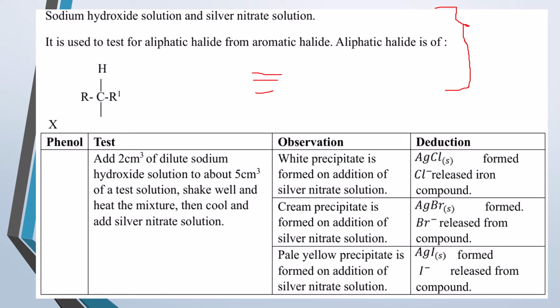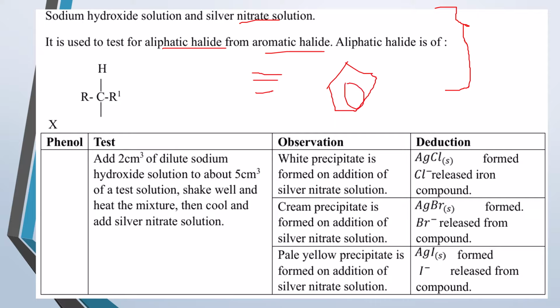So first we are going to look at the usage of sodium hydroxide together with silver nitrate solution. This one is mainly used in testing alkyl halides, those that are attached to a benzene ring and those that are on aliphatic chains. So sodium hydroxide and silver nitrate solution is going to be used to distinguish aliphatic halides from aromatic halides. Now remember, according to the theory, if you have a benzene ring